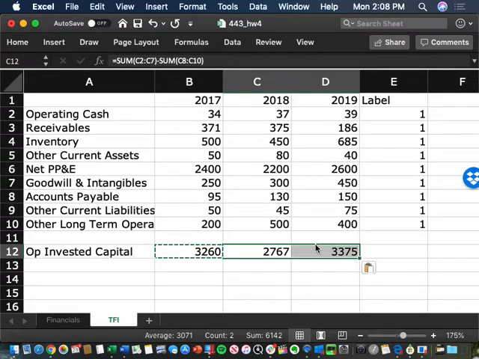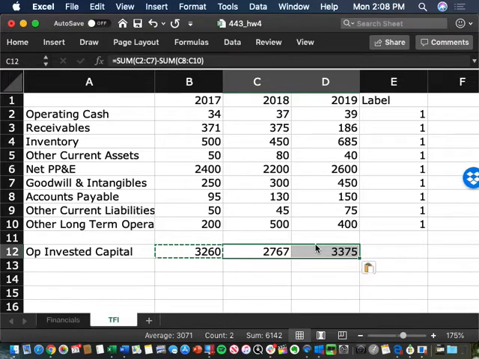But the idea is this is what we're investing to support our continued operations of selling products and services as part of our normal course of business. So it should lead to future revenue, okay? Now, I didn't ask you to do this on this assignment, so this is a solution for the invested capital,